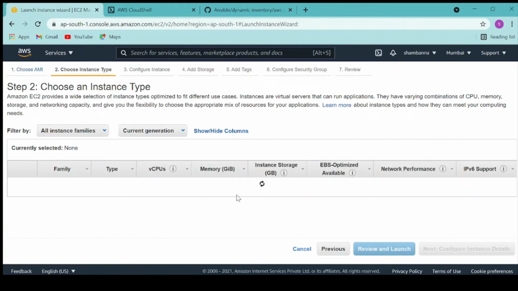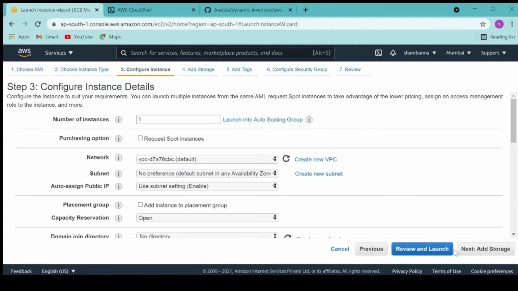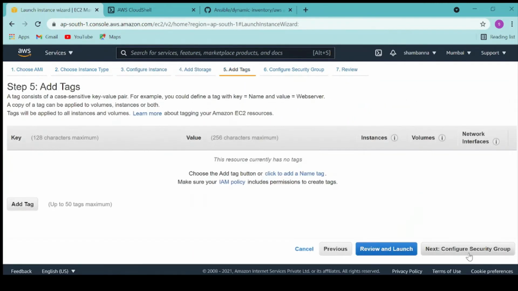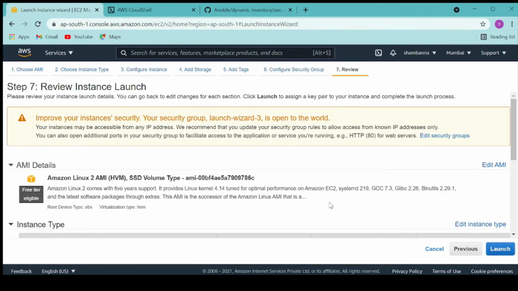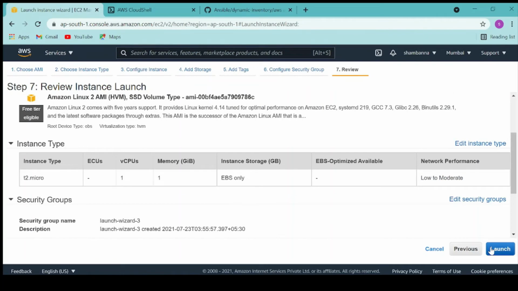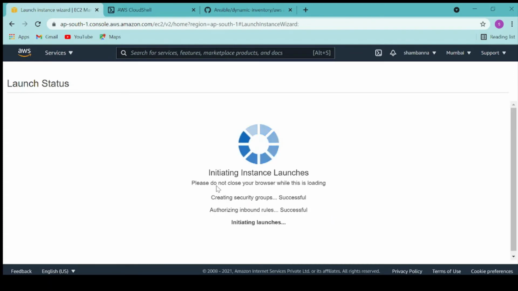I'm selecting the default one, and I will go for 3 instances. I don't want to add any tags. Port 22 is open, and I will use the existing key so that I will be able to communicate with the terminal.